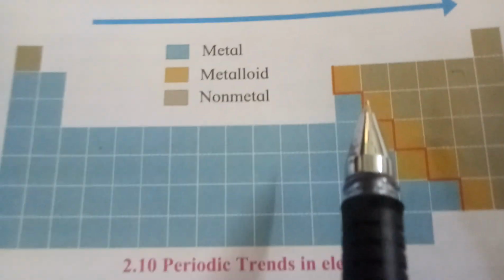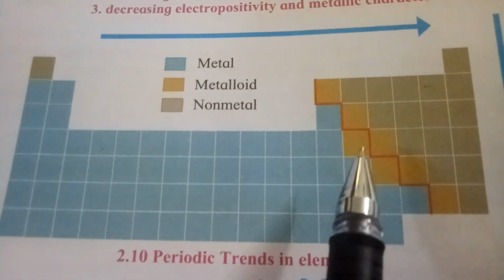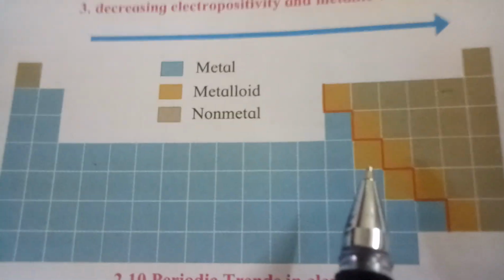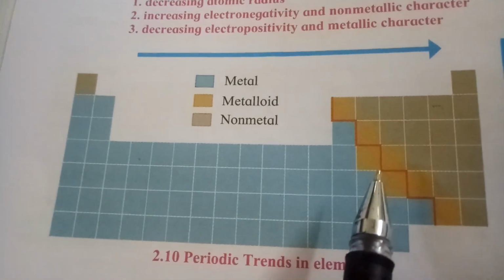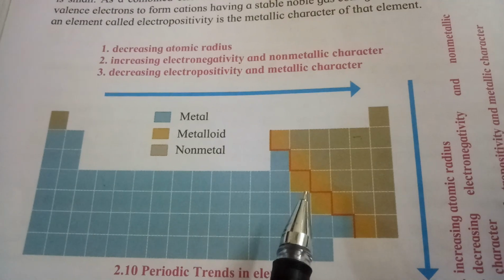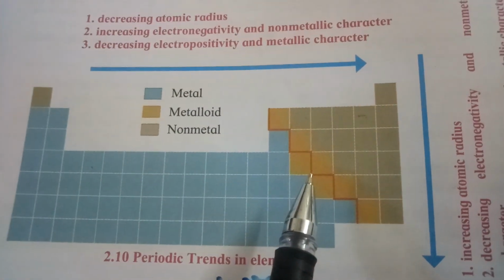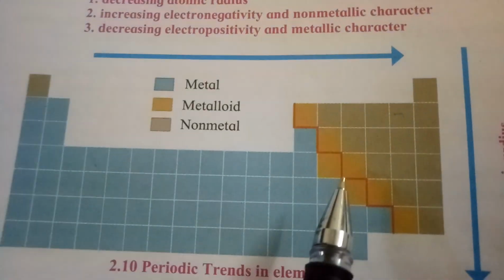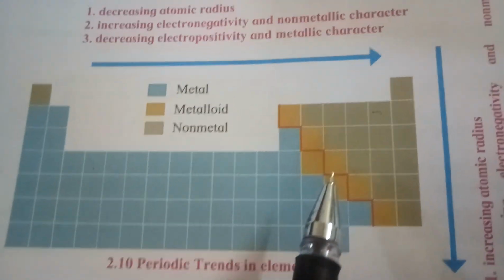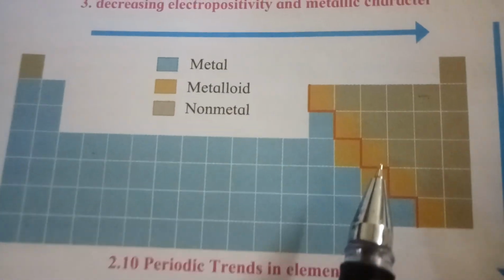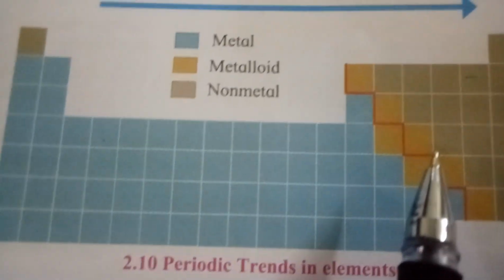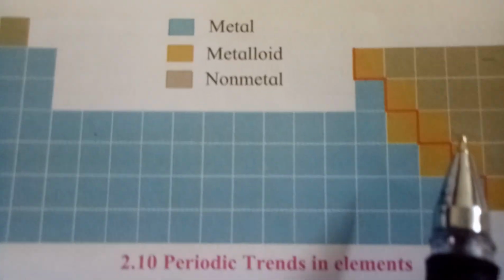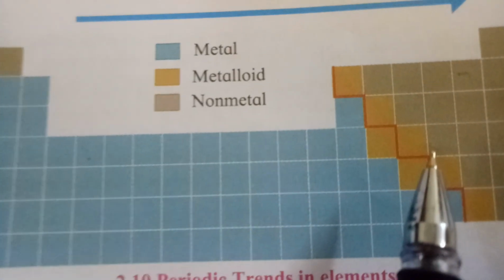Let us compare the characteristic chemical properties of metal and non-metal. It is seen from the chemical formula of simple ionic compounds that cations in them are formed from a metal while anions are formed from the non-metal. From this it is understood that metals have a tendency to form cations by losing their valency electrons. This property is called the electropositivity of an element.